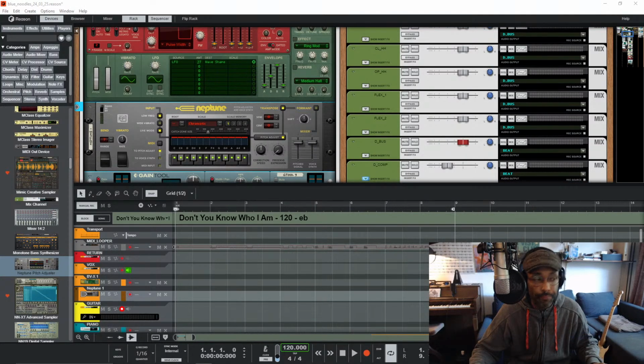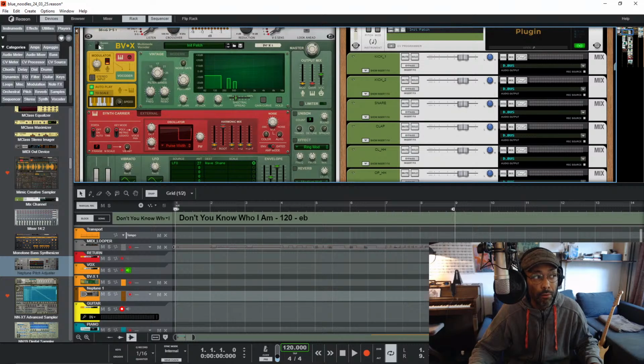But I mean, it does have a button for live mode. But still, I find it may probably not be the best suited for live application. It's doable, but still though. And same with Neptune or the BVX.